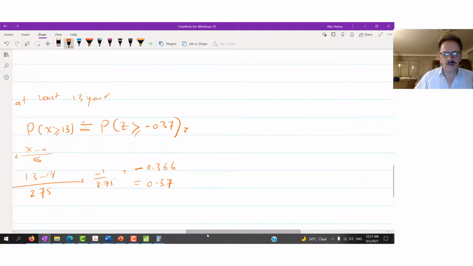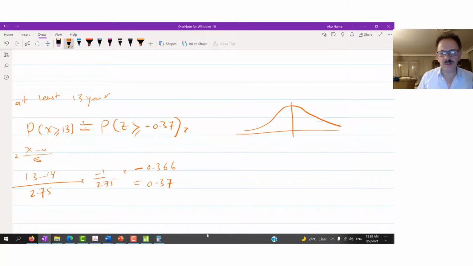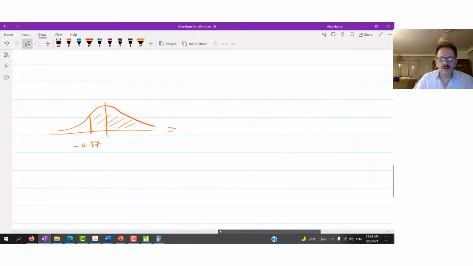Here is the 13, here's the 3.75, so minus 0.37. I want this area, so I can say this will be equal to